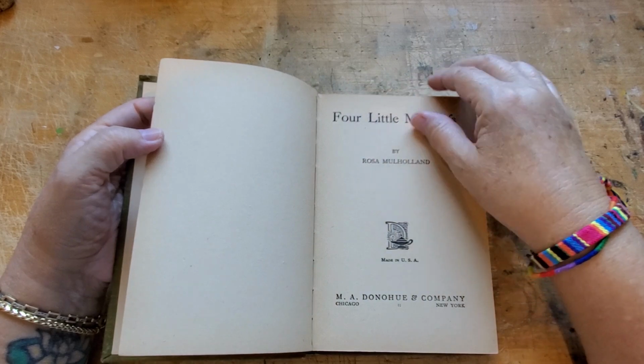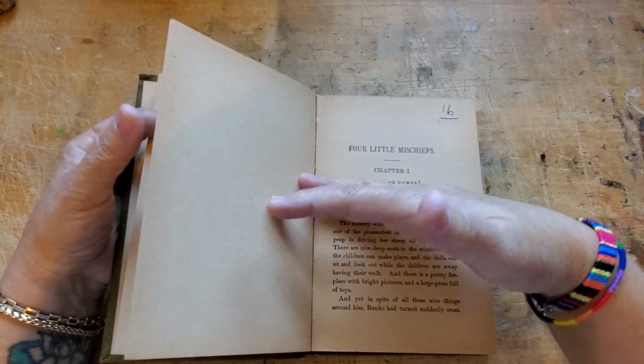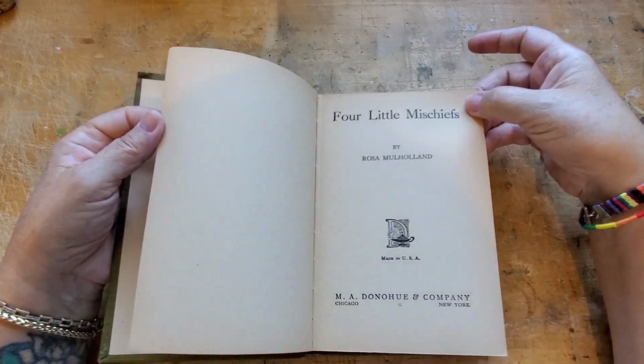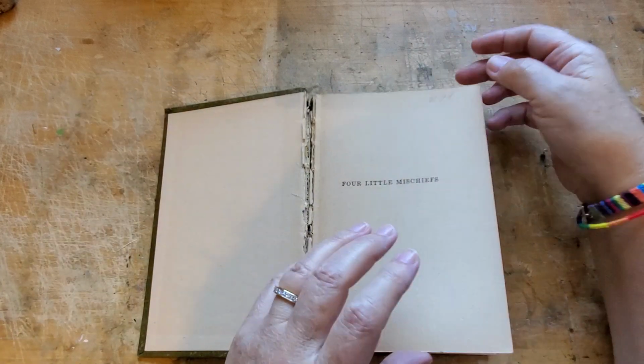There's no publication date inside this book. However, when I looked up